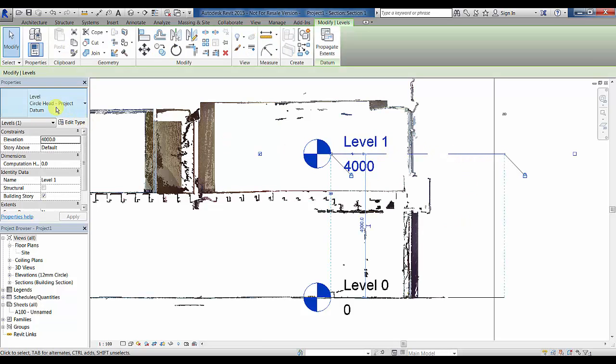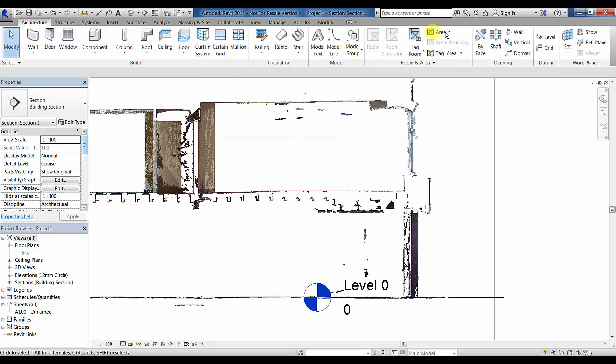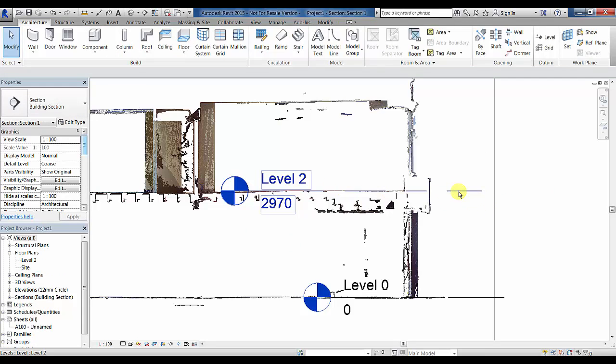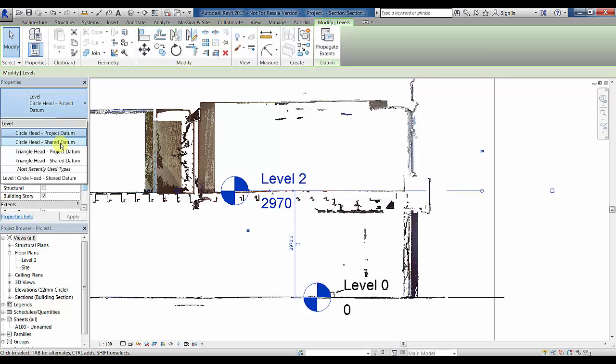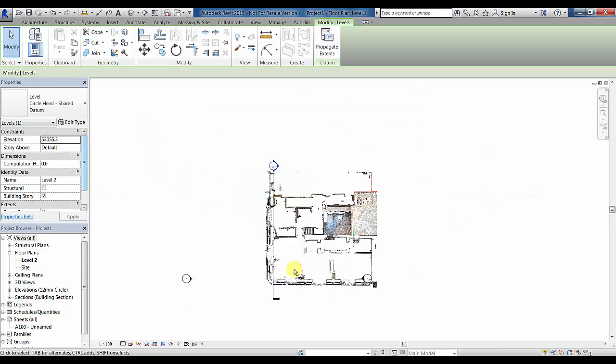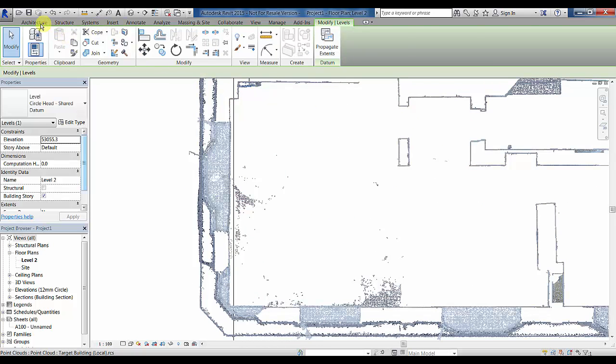However, I can change these in the property dialog to show the distance from the survey point's origin, remembering that this is still at 0 as I unclipped my point before I moved it. I'm just going to delete this level and create a new one to open up a floor plan, and I'm going to create a new floor within there just to show the coordinate system and just show proof of concept. So if I open up my floor plan and just quickly make an architectural floor,